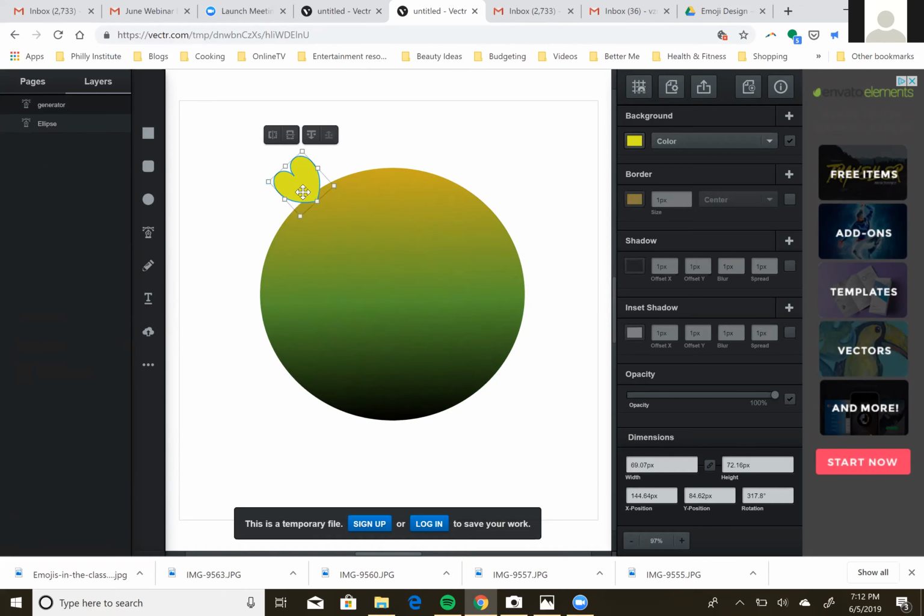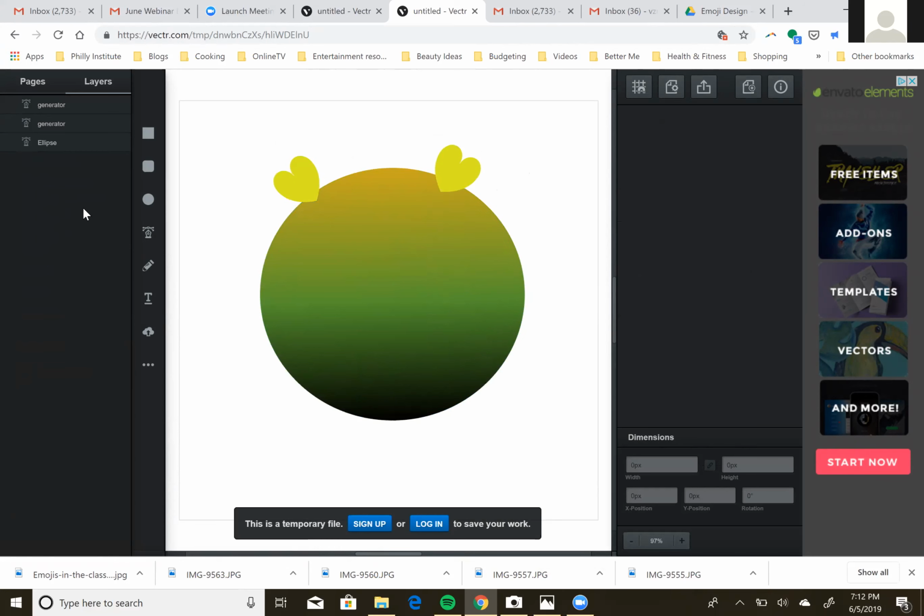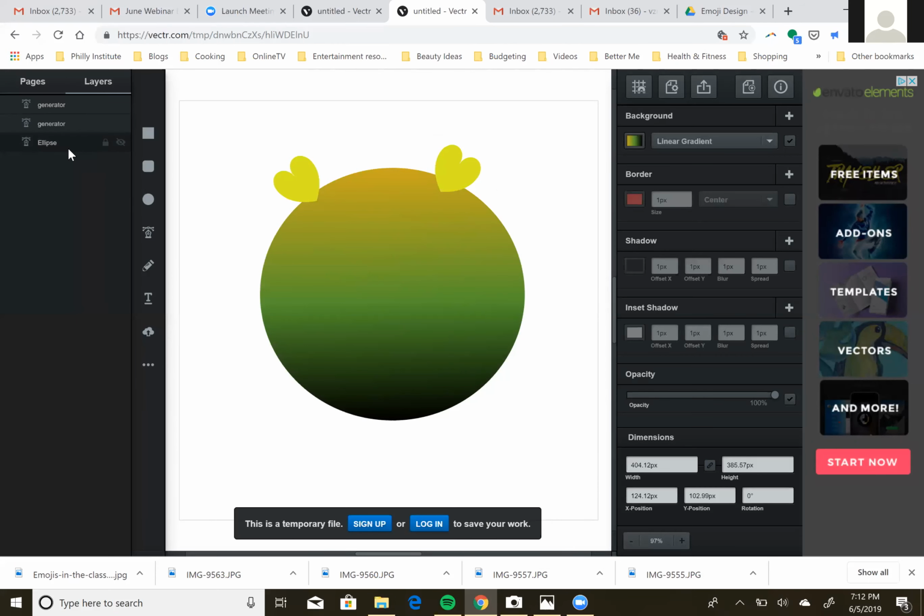The other thing is they can right click and press duplicate if they need a second one. You'll also notice once it's selected, if you hover just around the edge, that's where you get your rotate tool so they can move that around. Sometimes when students are working in layers, they'll need to access something on the bottom layer. You can come over here to the layers and click so that you can access whatever that might be. So like if I wanted to get to the